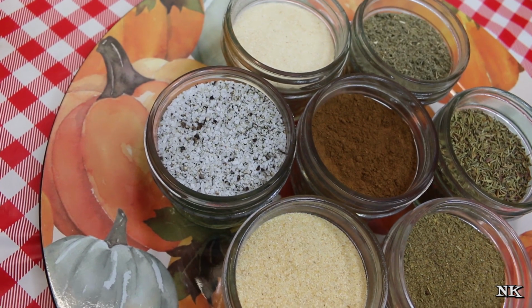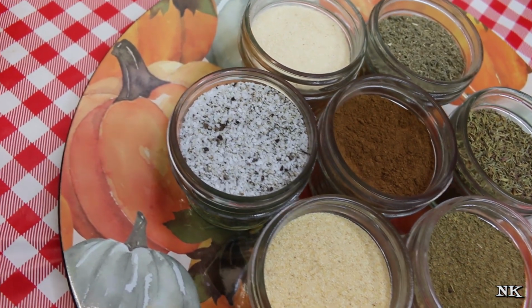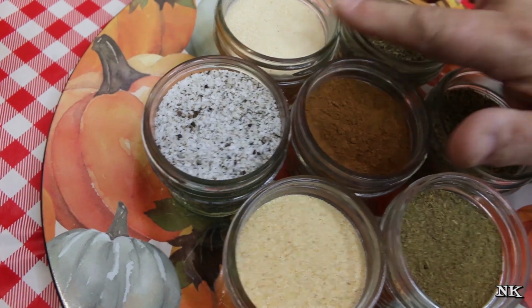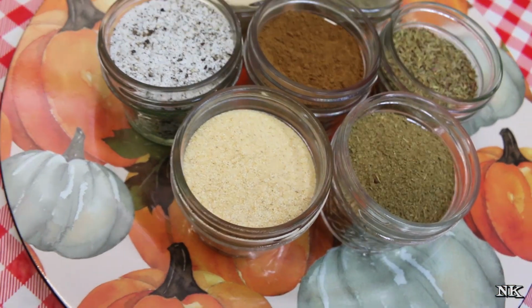Now I had those 2 different kinds of pepper on hand. If you don't, feel free to use what you have on hand and just mix them together in a little bowl, put them in a jar, and you're ready to go. Sprinkle at will. I also have garlic powder, and I have onion powder, because I feel like these two things go hand in hand,